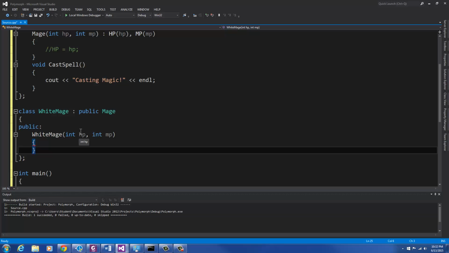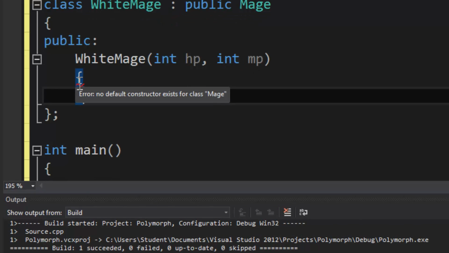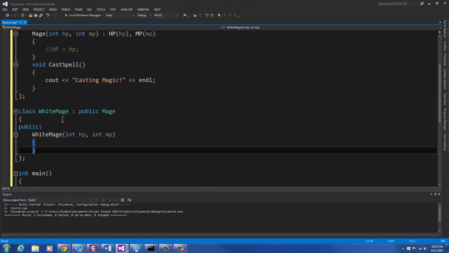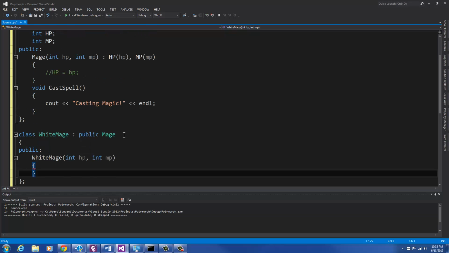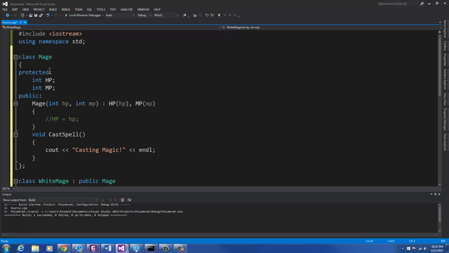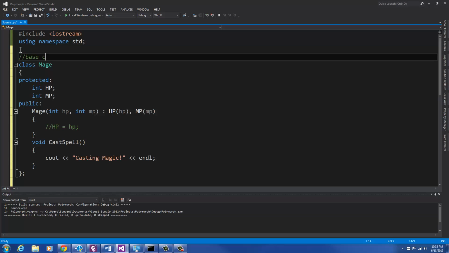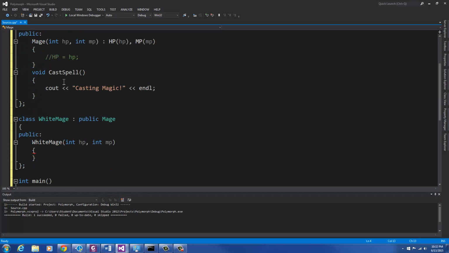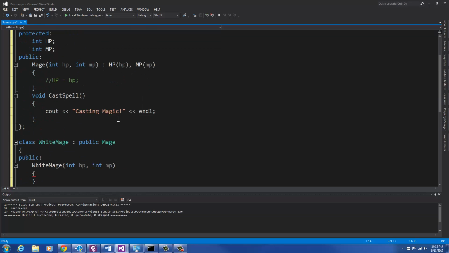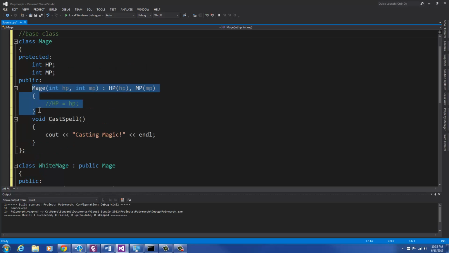Okay, so here we have an error. So let's hover over it, see what it is. It says no default constructor exists for mage, right? Because by default, the derived class invokes the default constructor for the base class. So this is the base class here, mage, base class. Right, so if there is no default constructor, because we defined our own, we only have one constructor that takes two arguments,